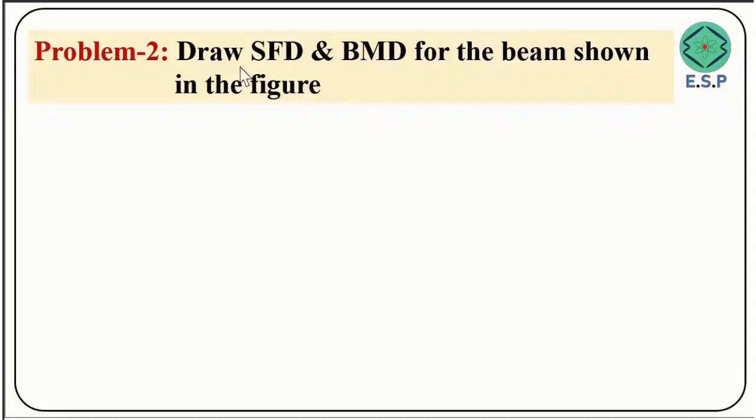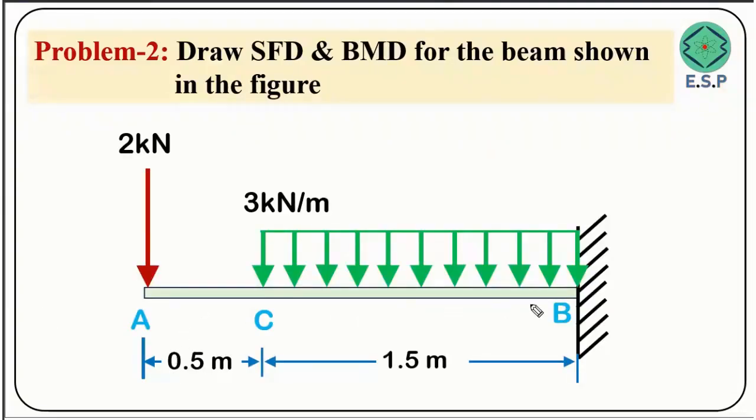Friends, let's draw shear force and bending moment diagram for the given beam shown in the figure. So we have got a cantilever beam having A as a free end and B is a fixed end. So there is a uniformly distributed load of intensity 3 kN per meter acting on the beam from point C to point B. There is also a point load of 2 kN acting at free end of the cantilever beam,